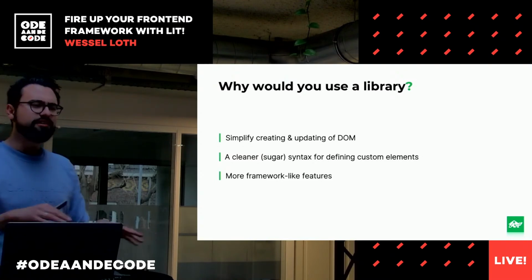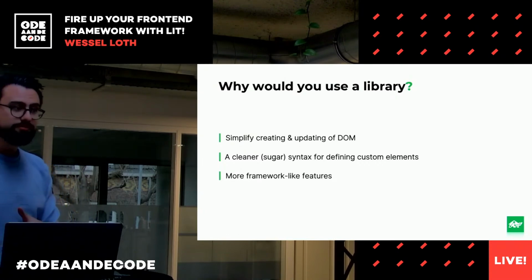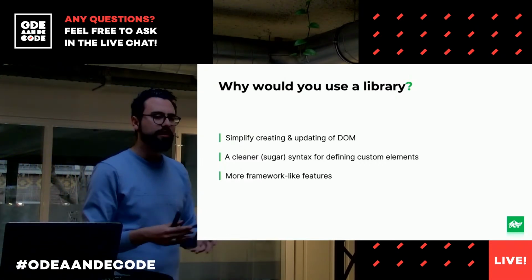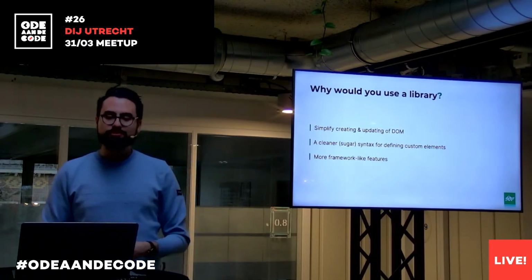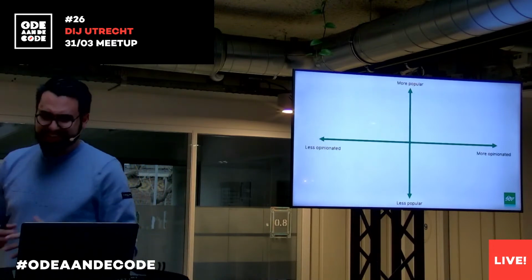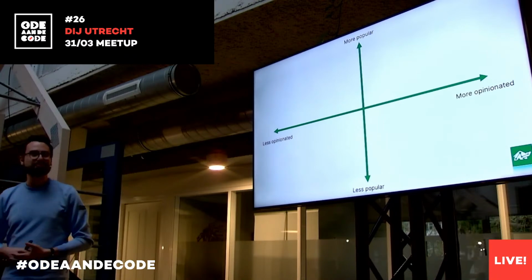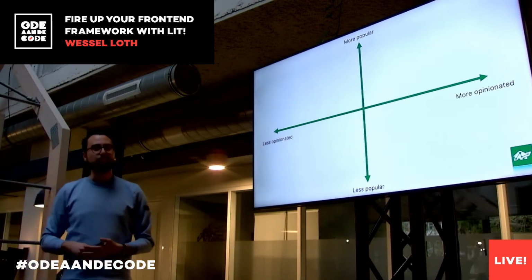So these libraries kind of fill the spot. If you like using decorators, you can do that using a library which has decorators and offers a compile step to make it plain JavaScript again. So that's why you would use a library. And the next question is, of course, which library do I use? Well, I'm here to tell you you should use Lit, but of course that's a very plain and not very